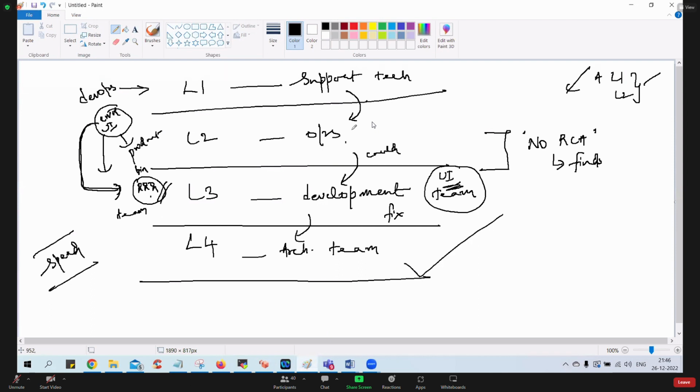Okay, so when the ticket is moving from one department to another department, things speed up, and we are not following the rule book here. We don't follow any rule book. At the end of the day, we want things to be fixed ASAP, as soon as possible. That is what DevOps believes in.